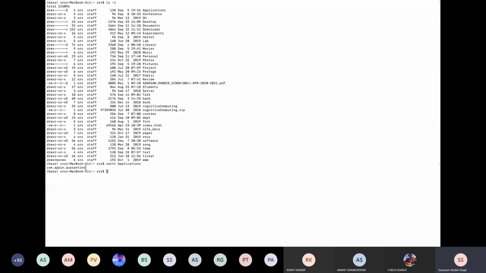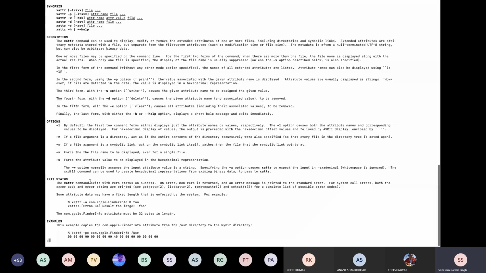If you look at the manual of these extended attributes, you have many options. You can write something, you can add new attributes using the -w option. You can delete some attribute using the -d option. You can clear everything inside these attributes using the -c option and so on. So using this set of options, you can add attributes, clean, and manipulate, using the